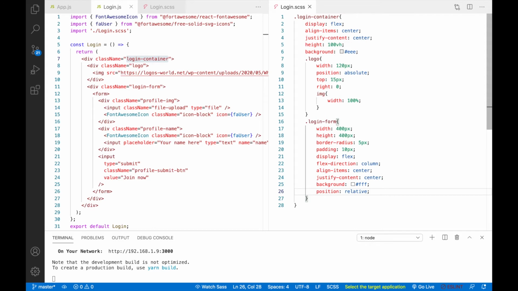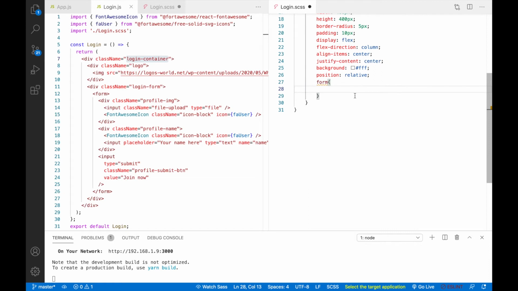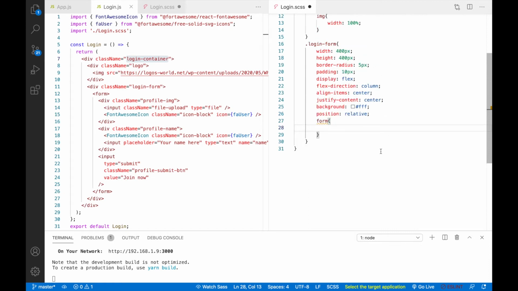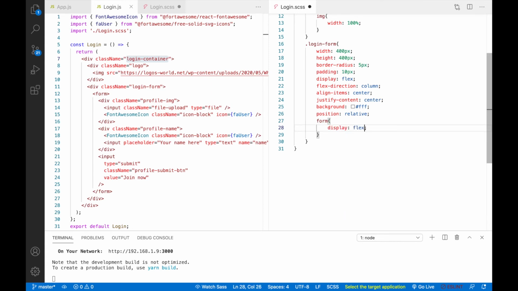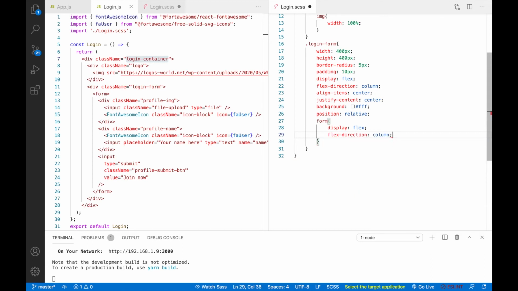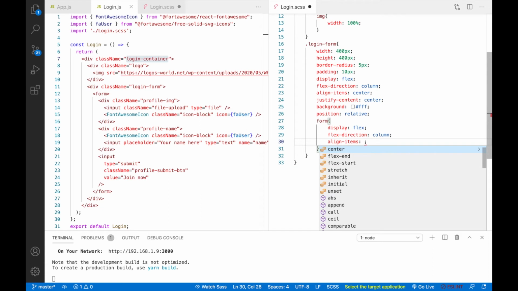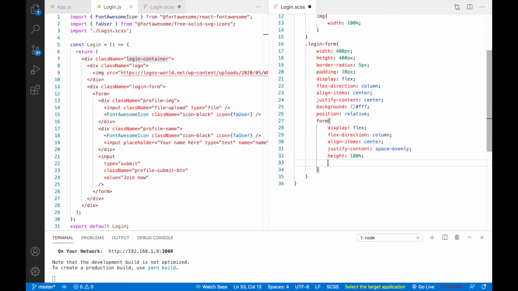Okay, and after this we'll write form, and for this form we'll write display flex. Okay, the flex direction, this will be column, align item center, justify content space evenly, height will be 100%, and width will be 100%.